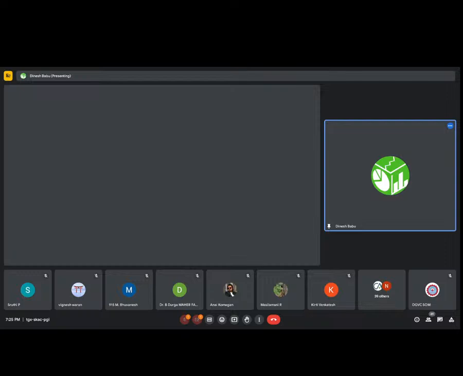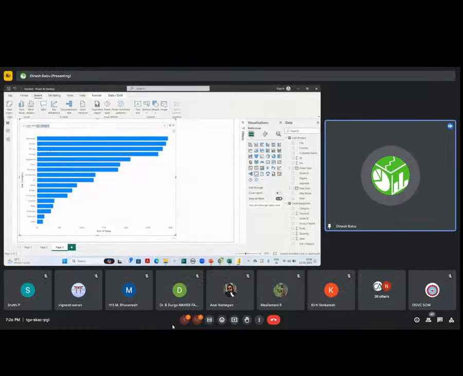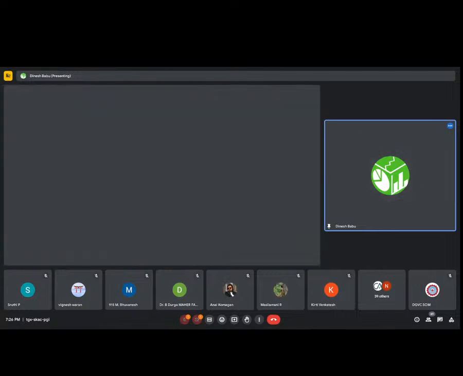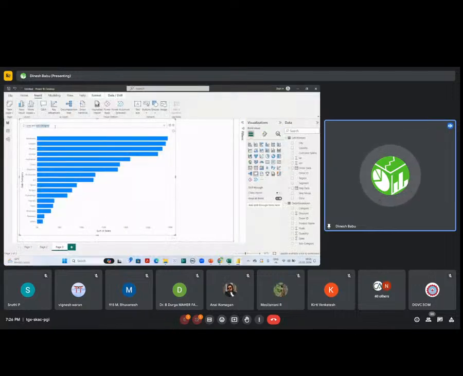So we can see the sales. These are all the different subcategories of the product. So I can see the sales and the subcategories and their sales get plotted in this horizontal